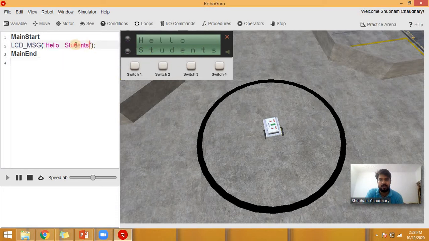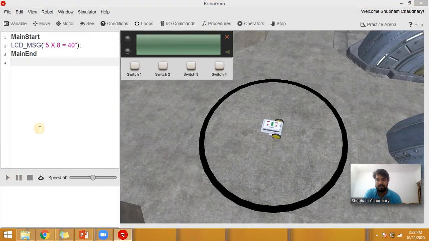Similarly, you can write multiple other things also. You can write all the numbers, you can write all the content on this. For example, I can write even numbers. I can write 5 multiplied by 8 is equals to 40. If I want to write this, I will stop this command and run this command again.